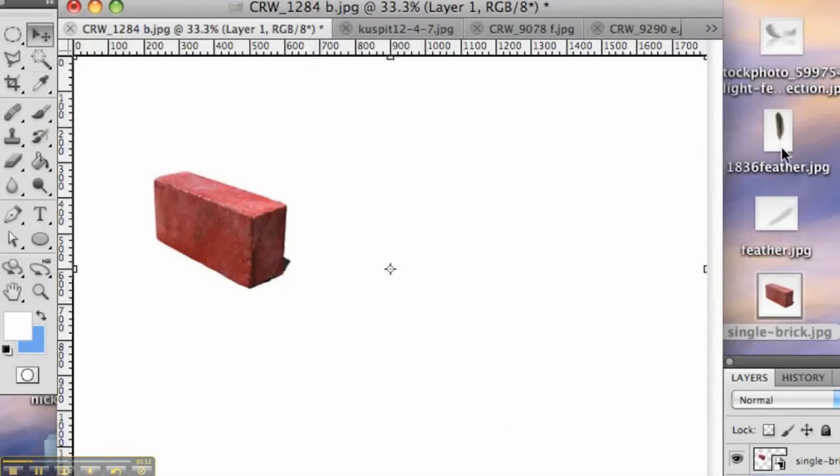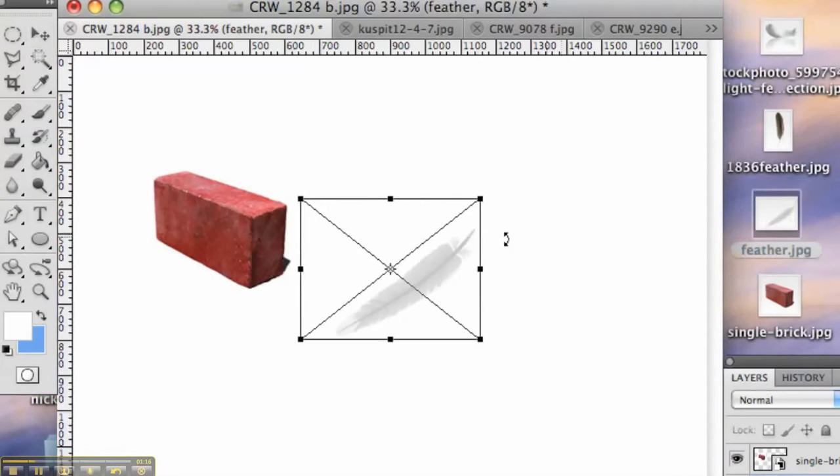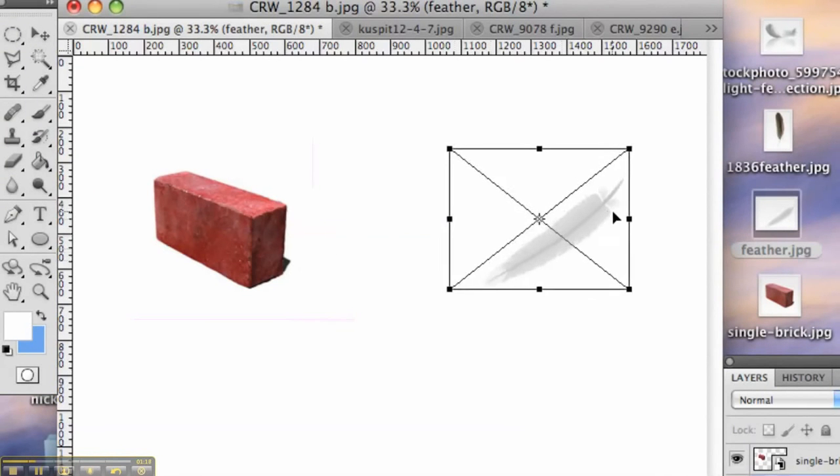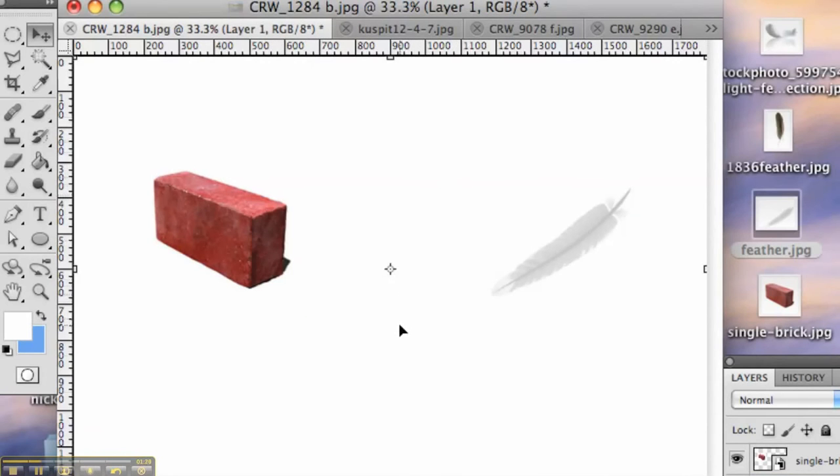So, a brick on one side and, well, what's the opposite of a brick? A feather, of course. So I just drag that on. Now I have a new layer, a feather layer, and a single brick layer. And I hit enter, I place the file, and it still has the transform controls over it. So now, if you're looking at this,